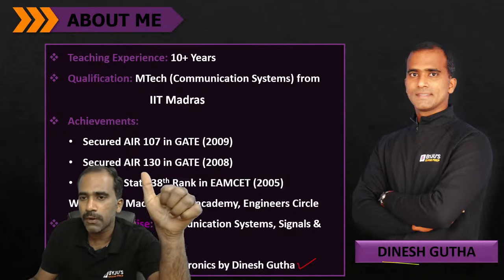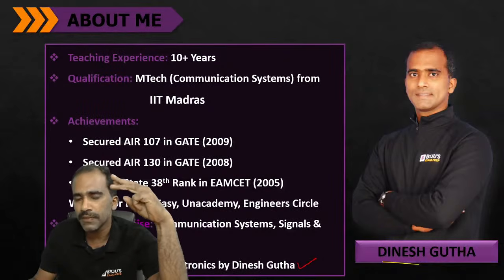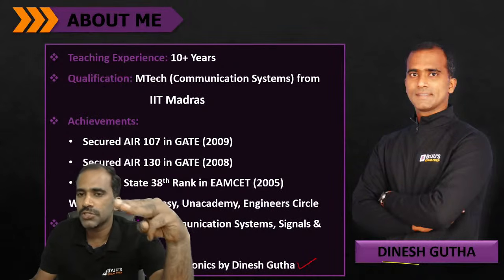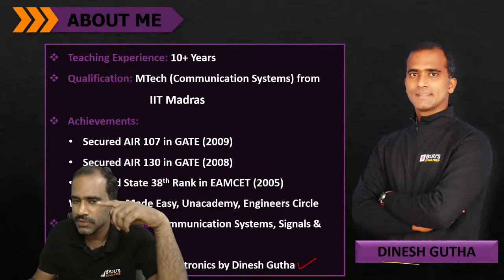The first class is on probability density function. Second class is on cumulative distribution function. Third is moments of random variable. The fourth class I have taken today, which is Gaussian random variable. You can search with the exact name or just browse through the videos. You'll easily get it.